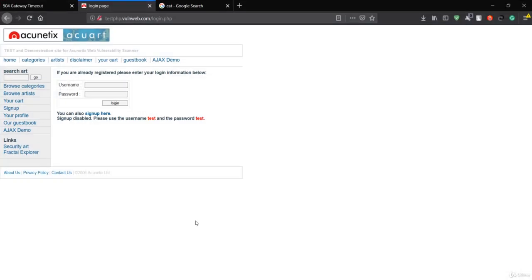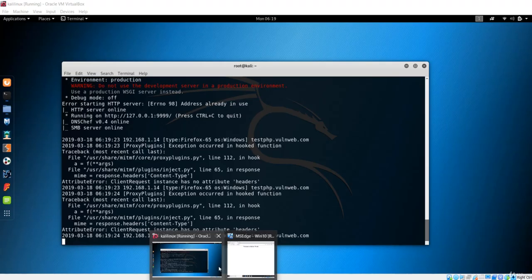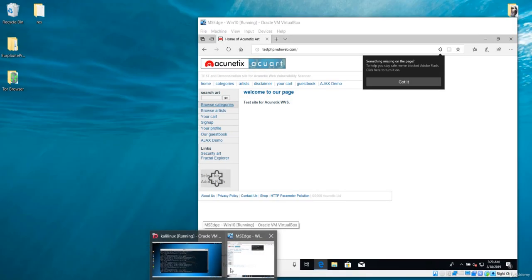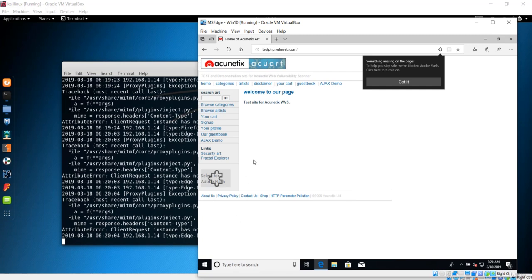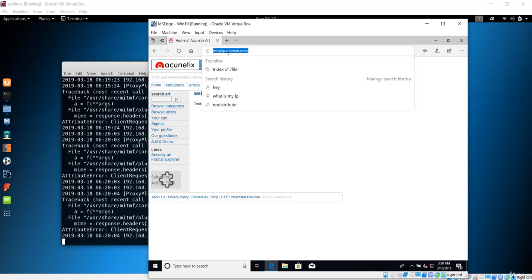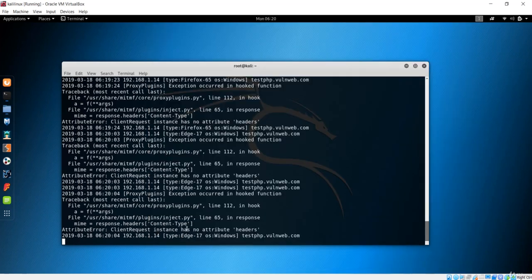Let's go over here and search for these websites, and let's go back to the Kali machine. The error was because of the different client machines. I mistakenly tested on the real VMS Windows. We have to test on the VirtualBox, and in here if I pass test.php.vln, it shows that it is MS Edge, and basically it is a Windows machine over here.